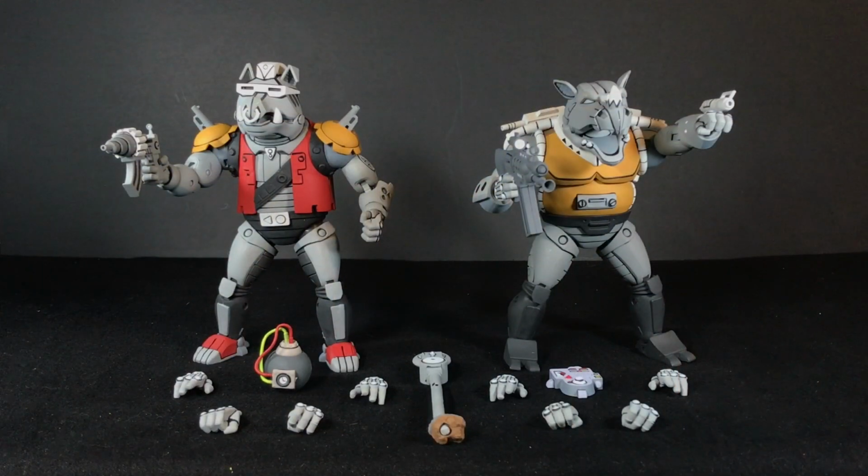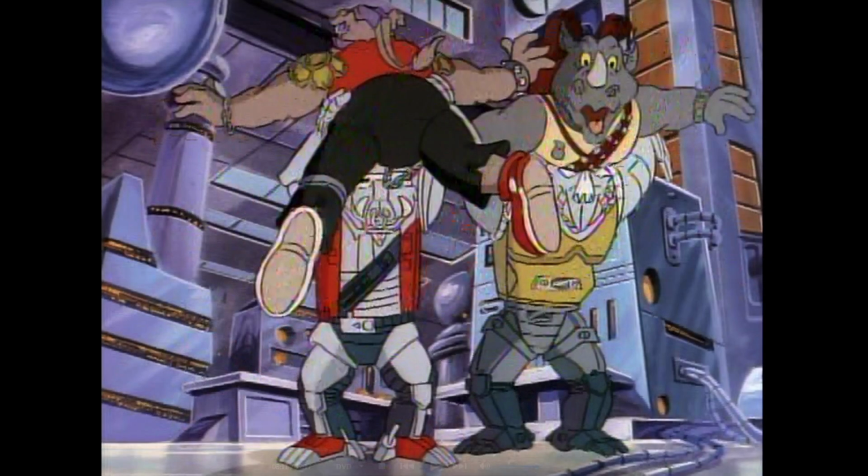So here they are, free from the cardboard and plastic that once imprisoned them and ready to stomp the toidles. Stomp the toidles. I think these super mutants look amazing. They definitely look like a serious threat that the Turtles may not be able to overcome. One thing I'm really looking forward to is how these guys scale with the original Bebop and Rocksteady. From what I remember, in the episode these guys are supposed to be a little bigger and bulkier than the original Bebop and Rocksteady,